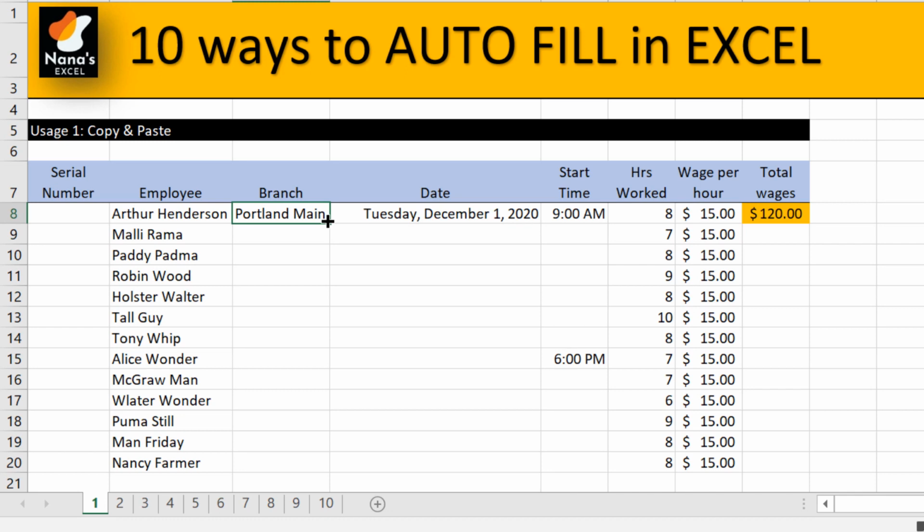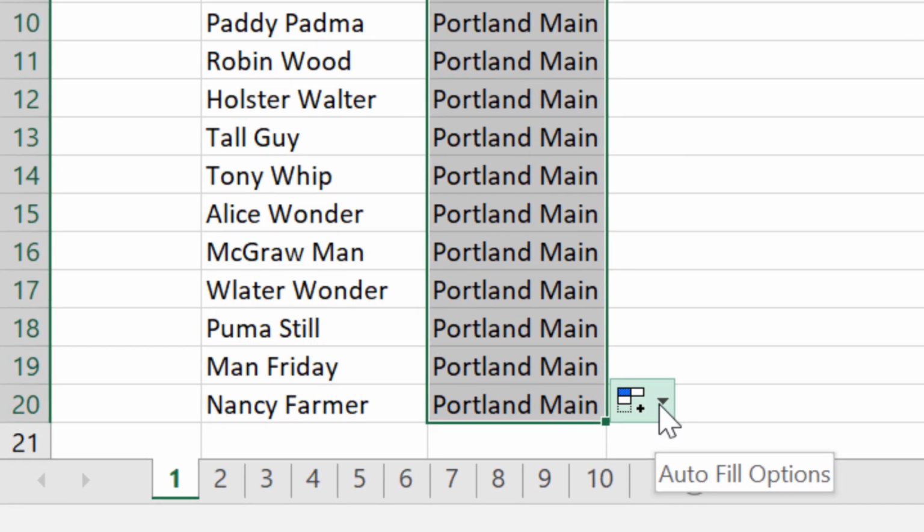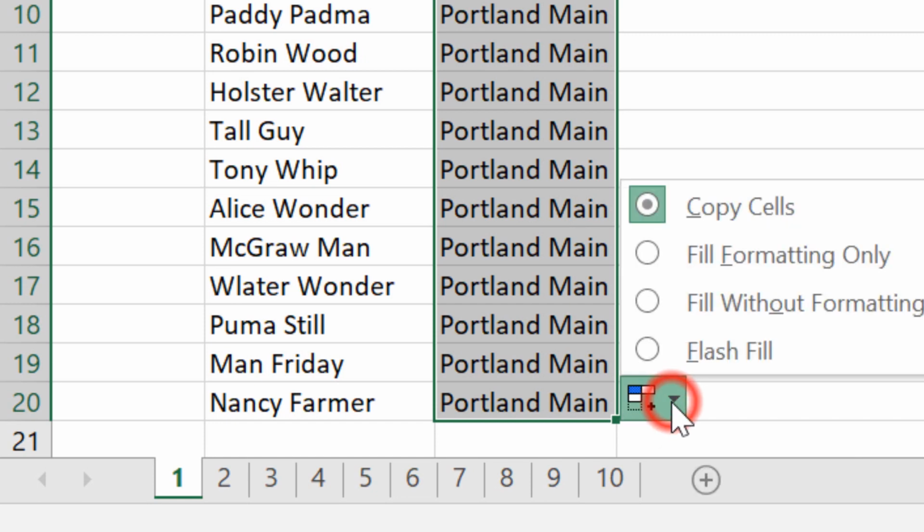So you can left click on your mouse and then drag it. When you leave it, this copies the entire cell content to the dragged cells, and if you look closely, there are autofill options, and if you click on that rightward pointing small arrow, that will bring up different options to autofill.